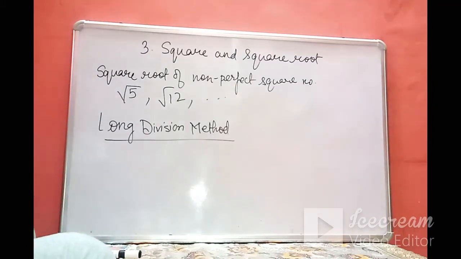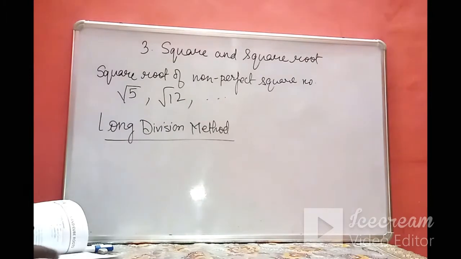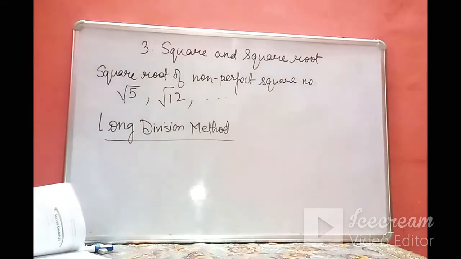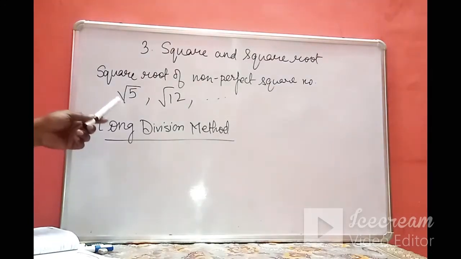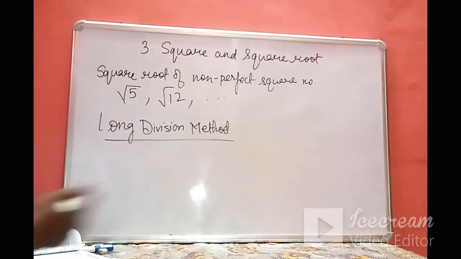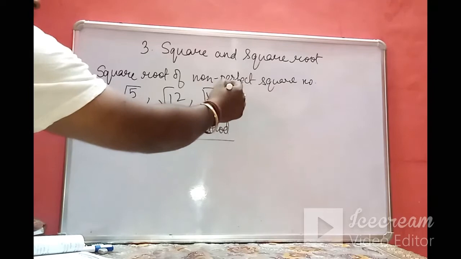So far we have discussed how to find the square root of perfect square numbers by using the prime factorization method and long division method. So in today's video we are going to discuss how to calculate the square root of numbers which are non-perfect squares, for example 5, 12, 1.8, like this. So these all numbers